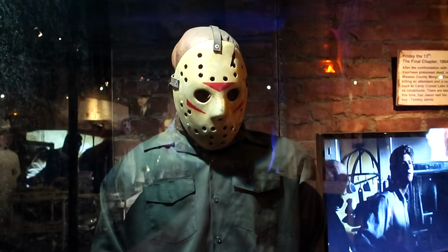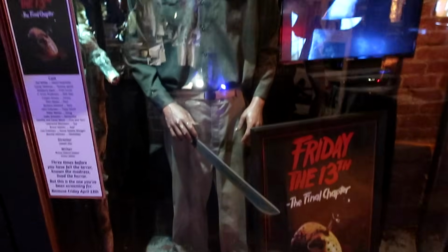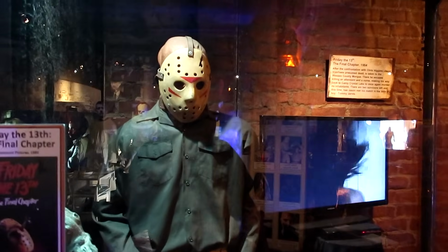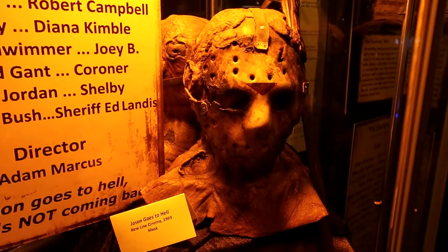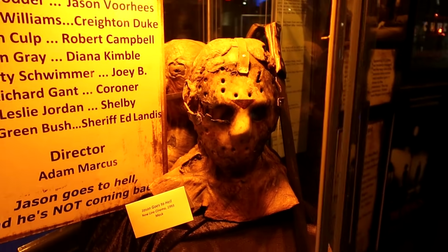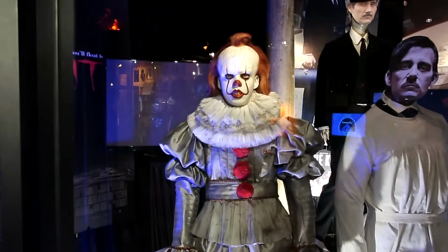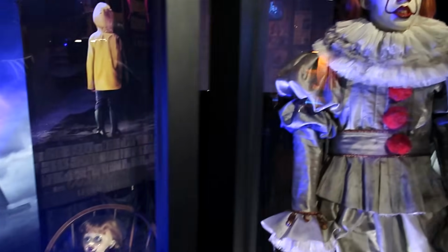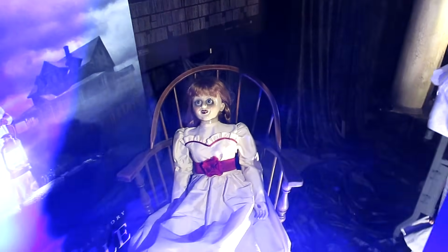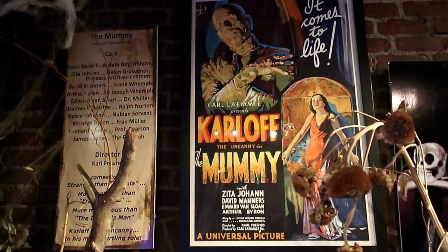Is it just me, or is there a lot of Jasons down here? He's got a big machete. And here's the mask from Jason Goes to Hell. There we have excessively spooky clown Pennywise right there. And then the little cursed doll, Annabelle. Boris Karloff's